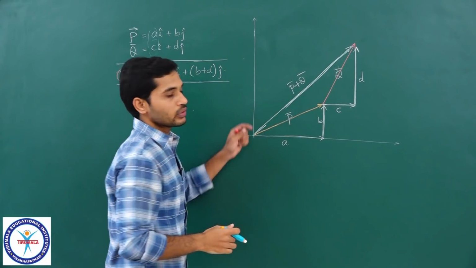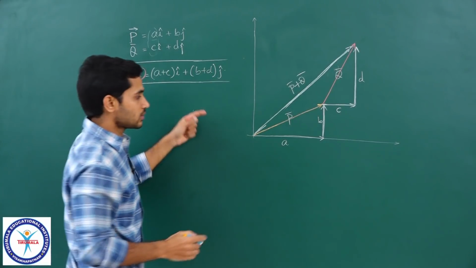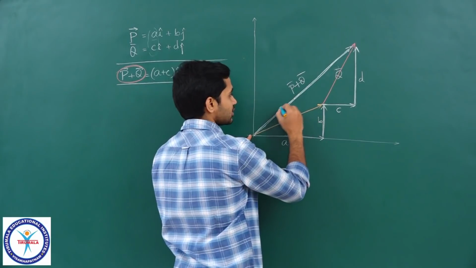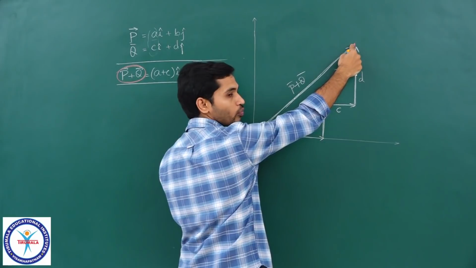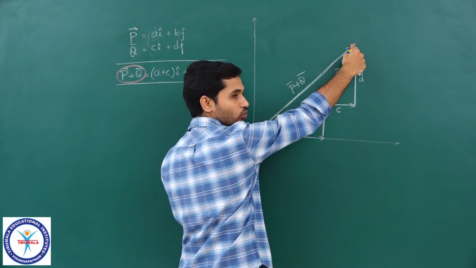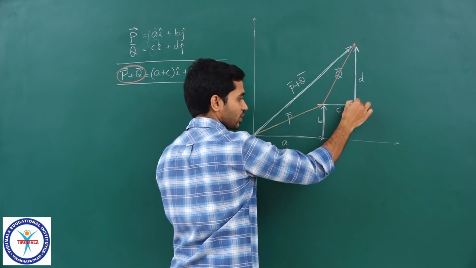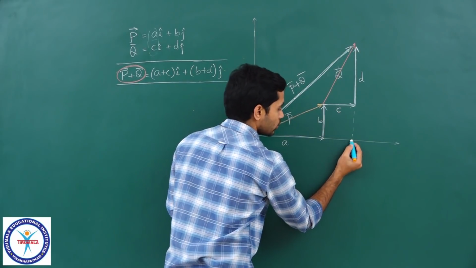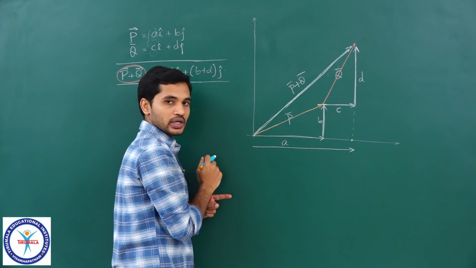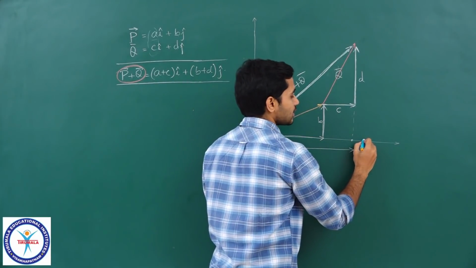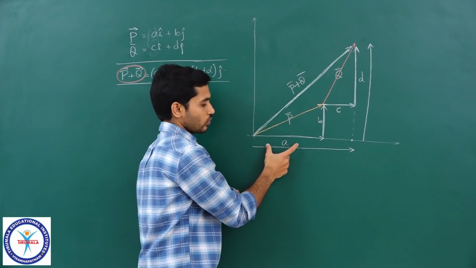Fine. So now I need to write p bar plus q bar also in component form, correct. So which means, now observe this long vector, this p bar plus q bar, which is the resultant. Now if I have to write the component of this resultant vector, the method is what? Drop a perpendicular. So if I drop a perpendicular from here, that comes till here, which means this will be the component of p bar plus q bar. Similarly, can I say this will be the other component, correct. Now what is this length?